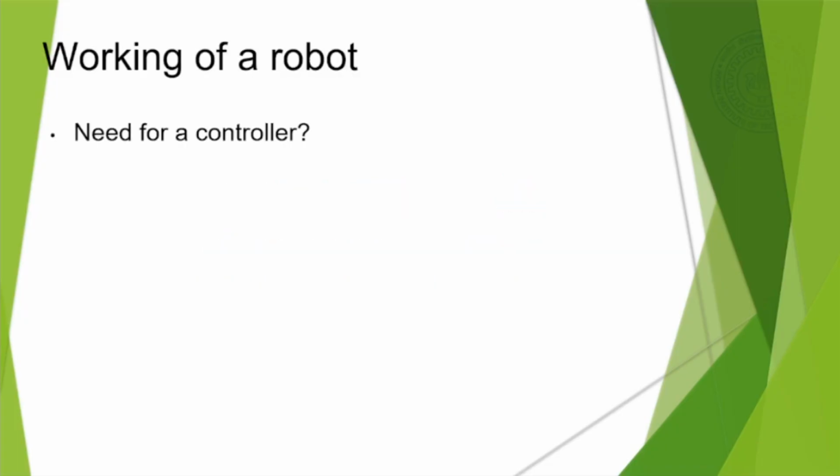Now, if you look at the working of a robot, the question that first comes up is: what is the need for a microcontroller, or what is the need for a controller? I explained this in the last couple of classes, so I'll very briefly go through it again. We have a robot which has links, and each link has a joint, and in the joint we have a motor, which is an actuator. Let's say there is a DC motor. At the back of the DC motor there is an encoder, and in the front there is a gear. We give voltage, the motor rotates, and because of the rotation of the motor the link moves.